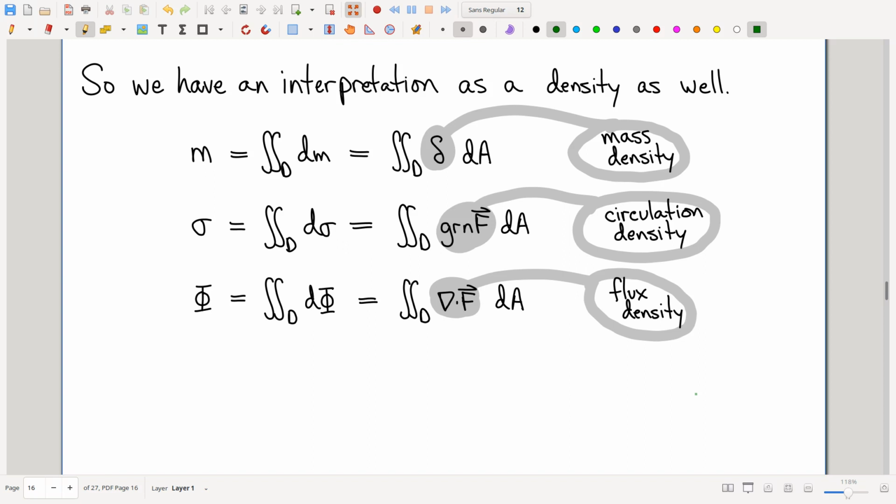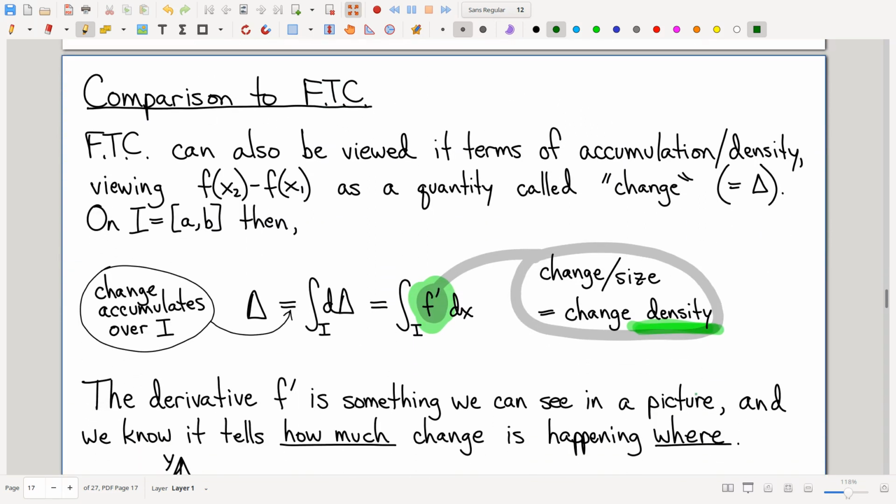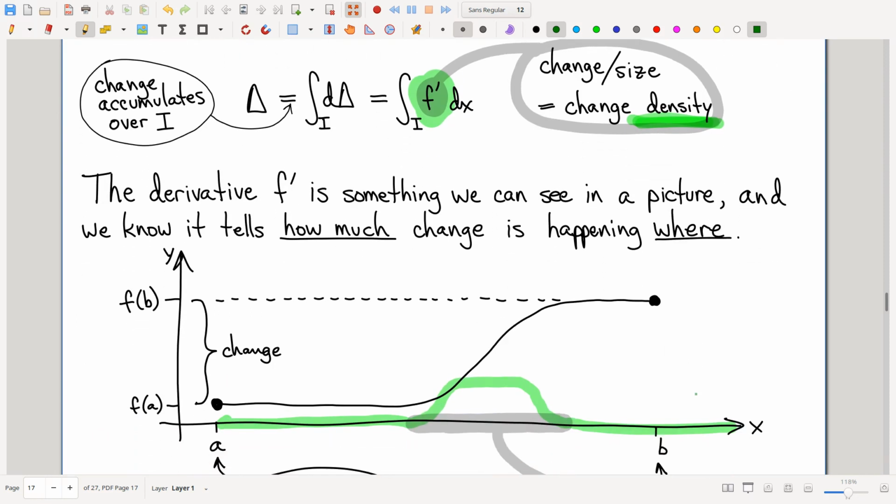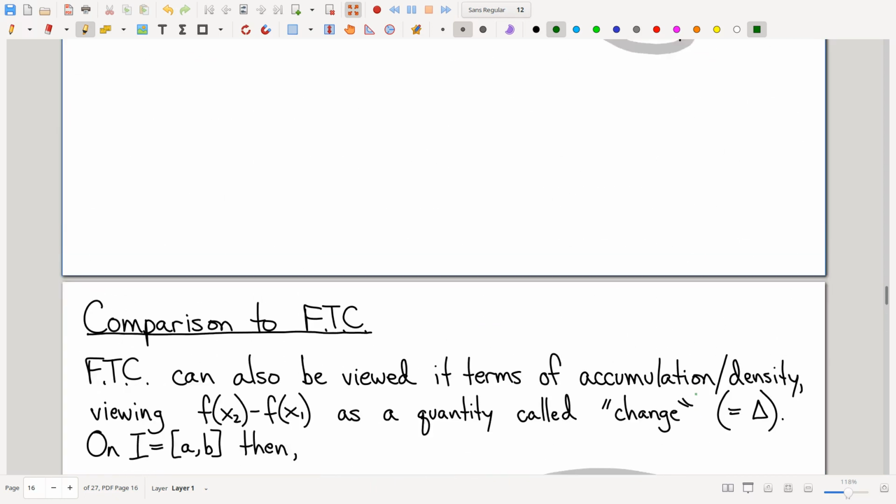Right? And so now we've added to this list a fourth accumulation theorem, fundamental theorem of calculus. Fundamental theorem of calculus, again, we have strong intuition for the derivative. The derivative clearly tells us where quantity change is happening. And so by analogy, as we've just gone through in detail,